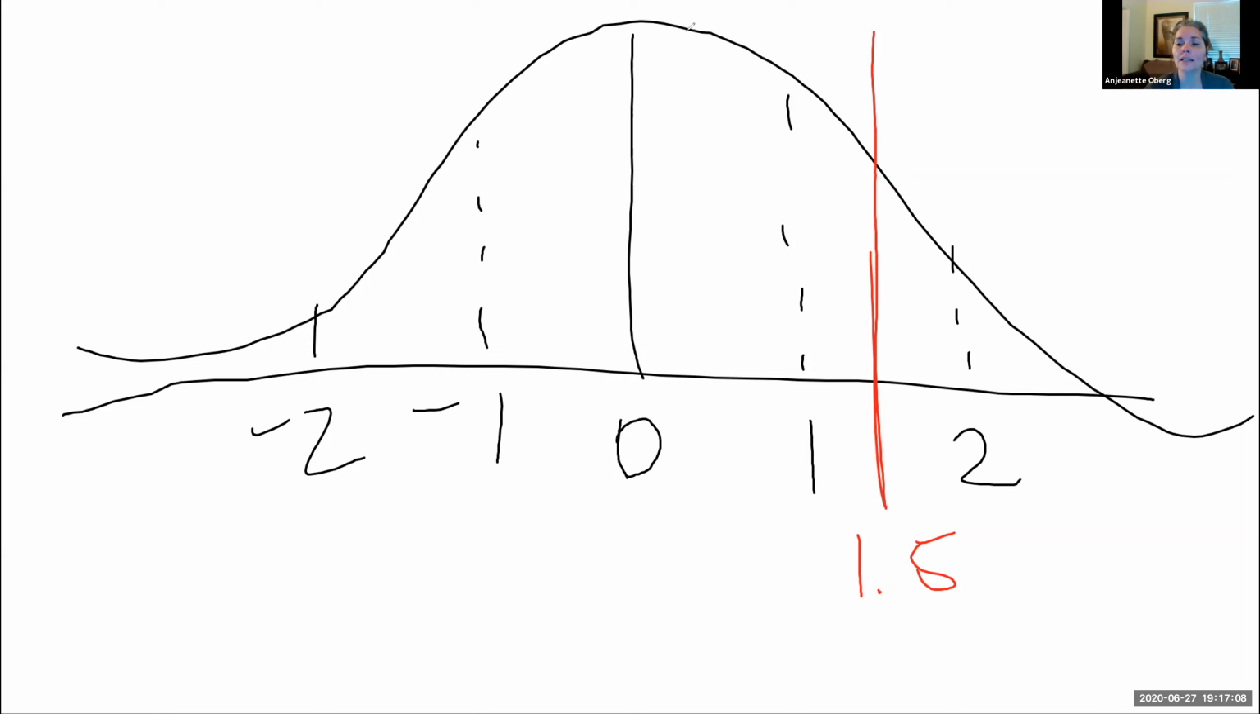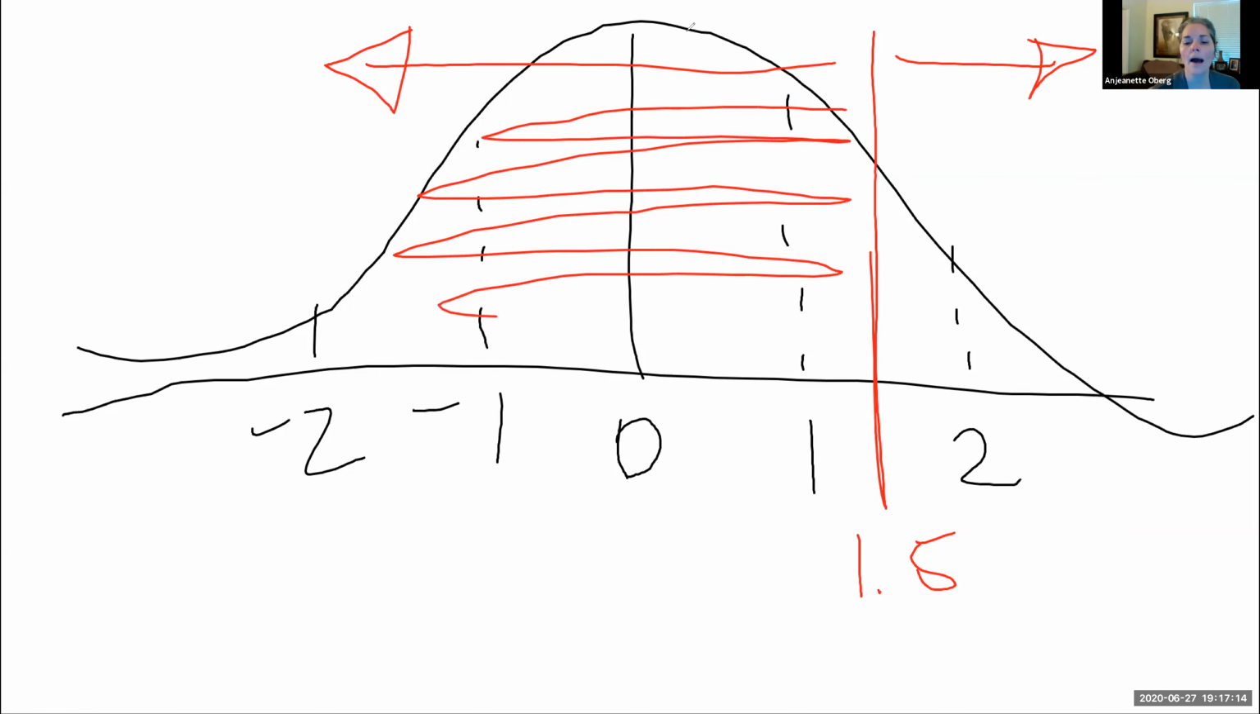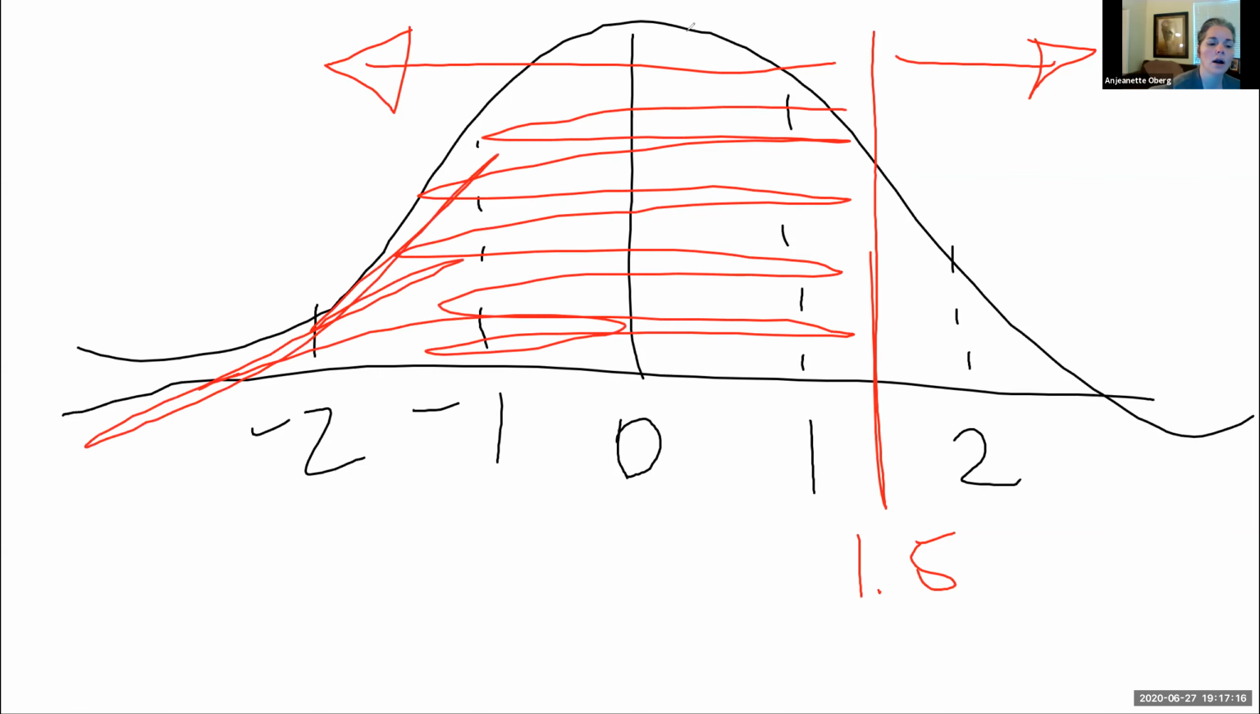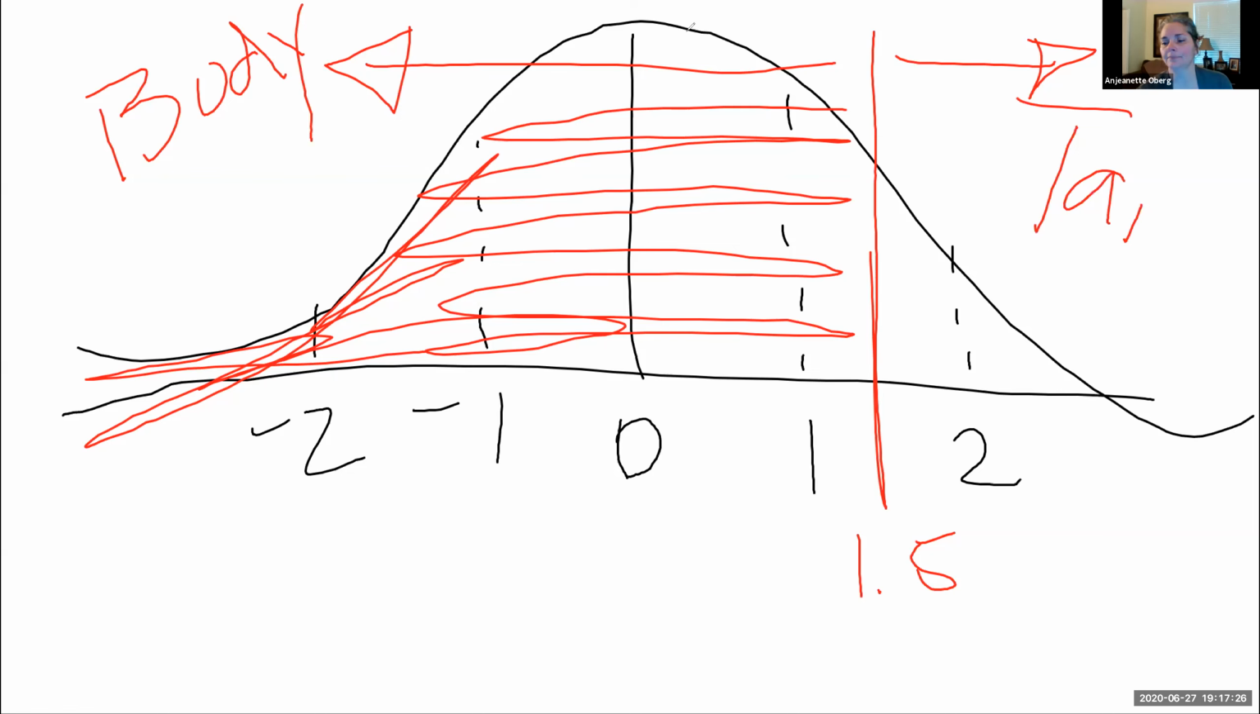If I go this way, that's greater than. If I go this way, it's less than. So it's asking me what percentage of scores are here. Is that the body or the tail? The bigger piece is the body, and the smaller piece is the tail. Okay, and so it's asking me what percentage of scores are in the body. So then I'm going to go to my unit normal table,